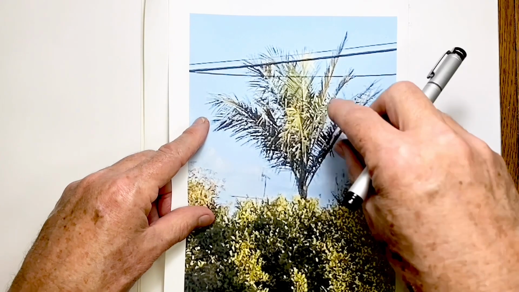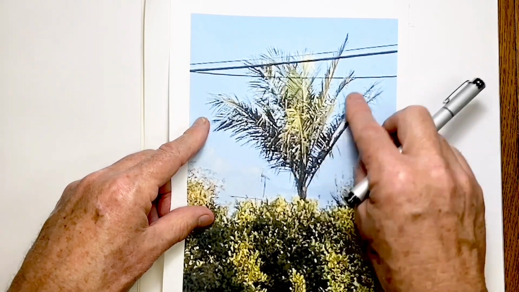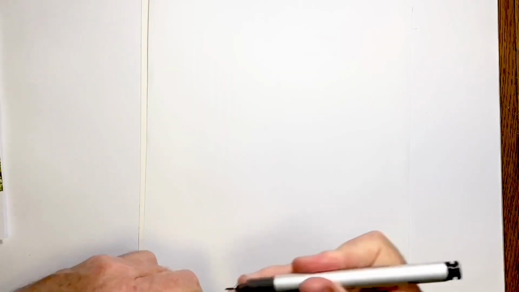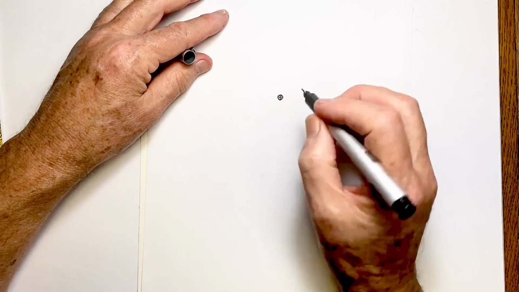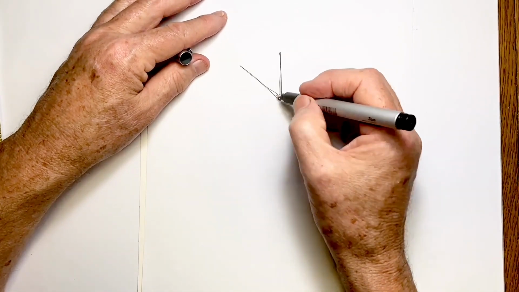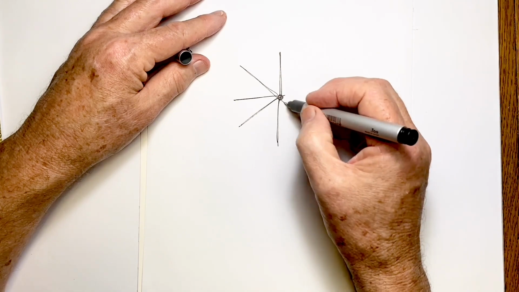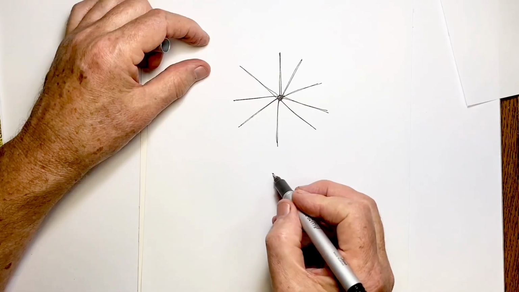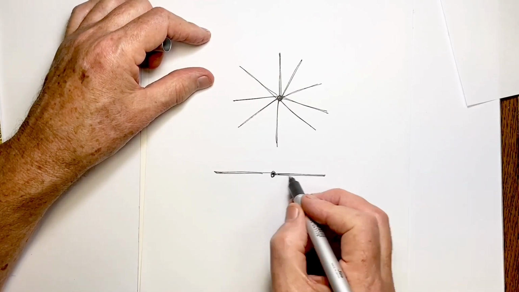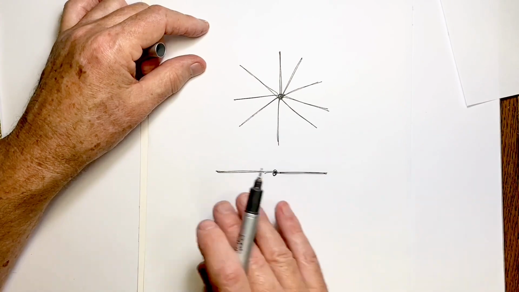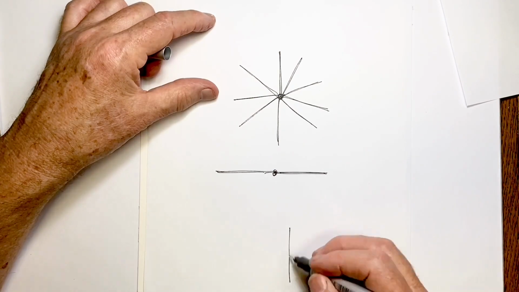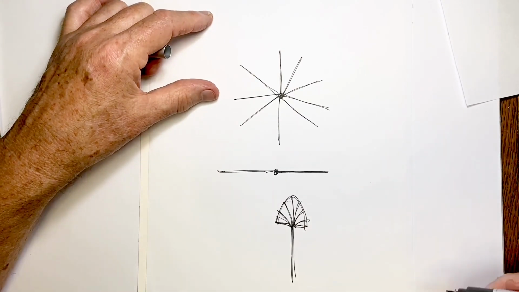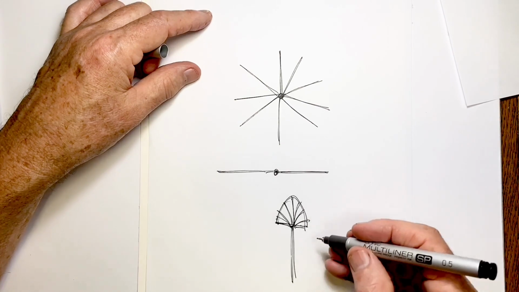The first is, if we look at this palm tree, then we can see that branches come out to the sides and to the front and at angles. So if we were to look down on this palm tree and that was the trunk, fronds come out in all directions. But in our cartoon tree, if this is our trunk, the fronds only come out in a straight line parallel to our viewing. If we were to move slightly, the fronds would be shaped like a fan. Our palm tree would be very two-dimensional.